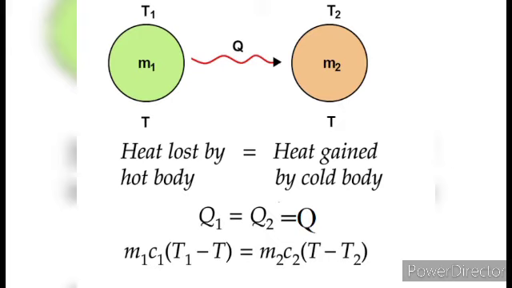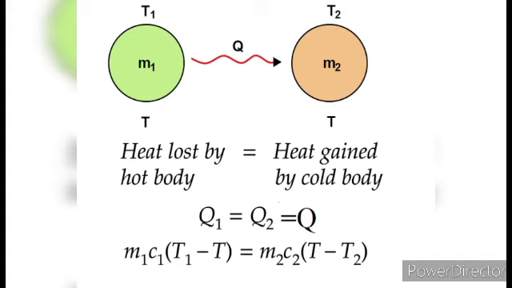Now there are some natural phenomena which you should know. Why the climate near the seashore is moderate. Hot water bottles are used for fermentations. Water is used as an effective coolant. In cold countries, water is used as a heat reservoir for wine and juice bottles to avoid their freezing. All plants and animals have a high content of water in their bodies. So these are some natural phenomena which happen, so you should know all of these.